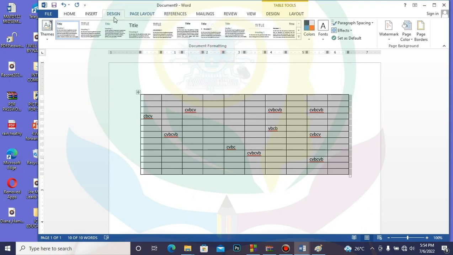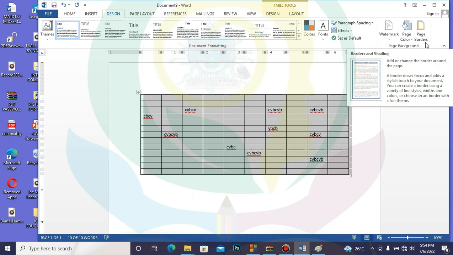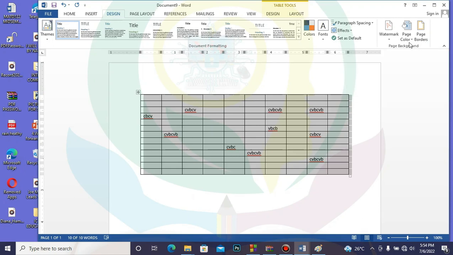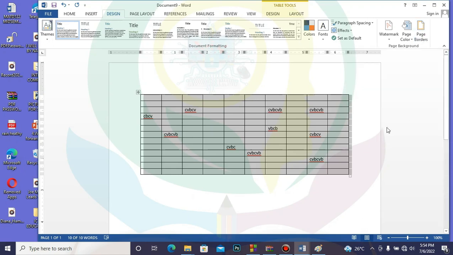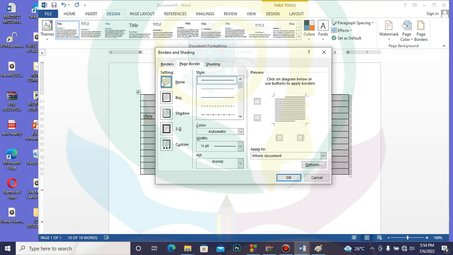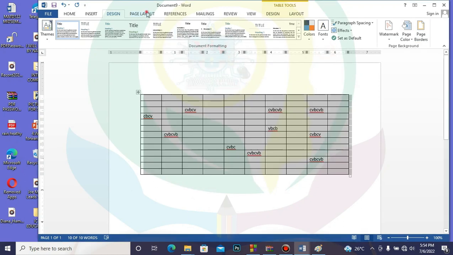Under design also, we have what we call the page borders. So then we have this is the page borders. We can use this process to get it. If I move to this side, it can take me to the same place. I can also use